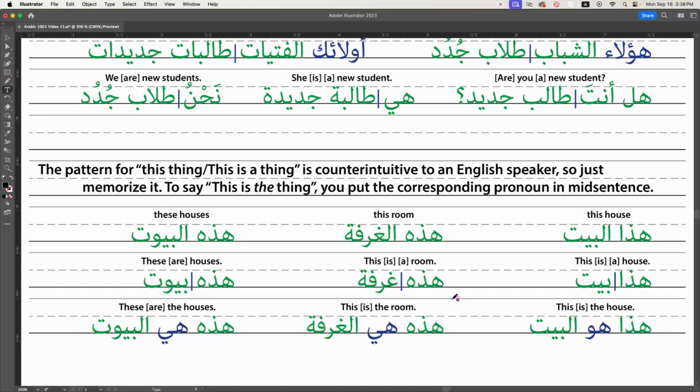So in subsequent videos, I will talk about the beginning halves of sentences. I will talk about the end halves of sentences. I will talk about prepositions. I will talk about how we use prepositions to say to have, which is not a verb in Arabic. And then I'll talk about how to negate them. But for now, I'm going to say, ma